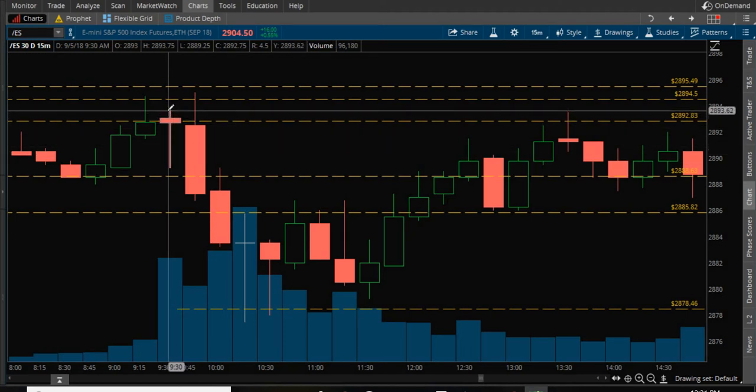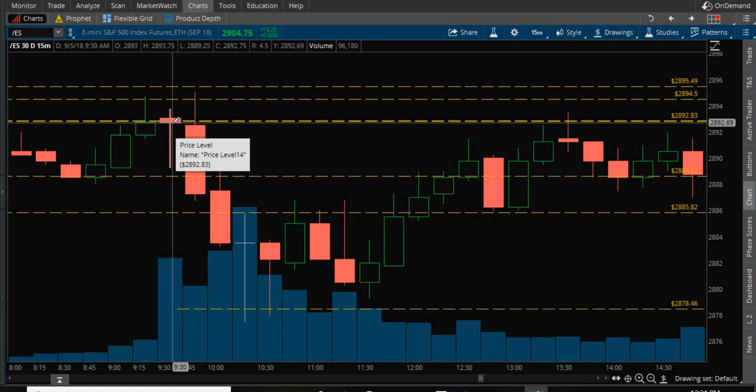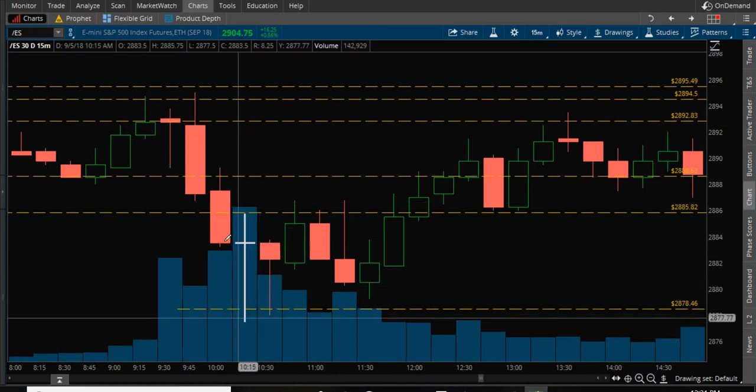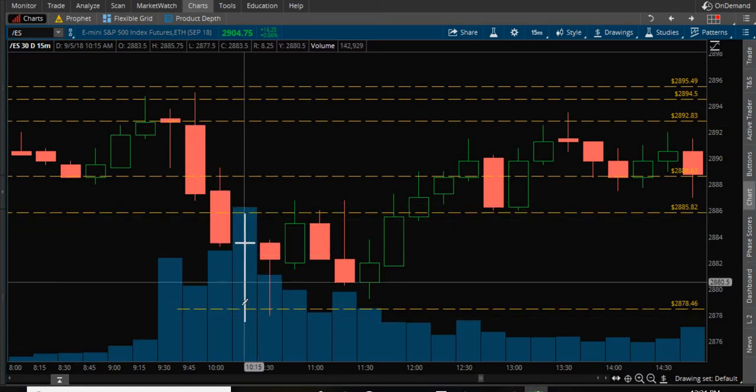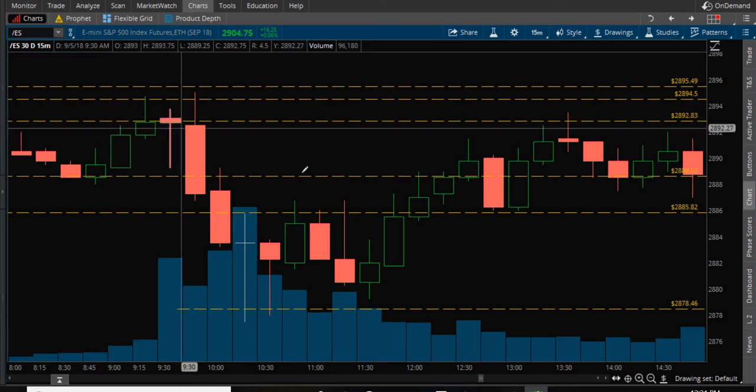On this candle we actually opened up lower, sold off, and then got bought back up, right? These wicks are good indications of strong support or resistance. Okay,